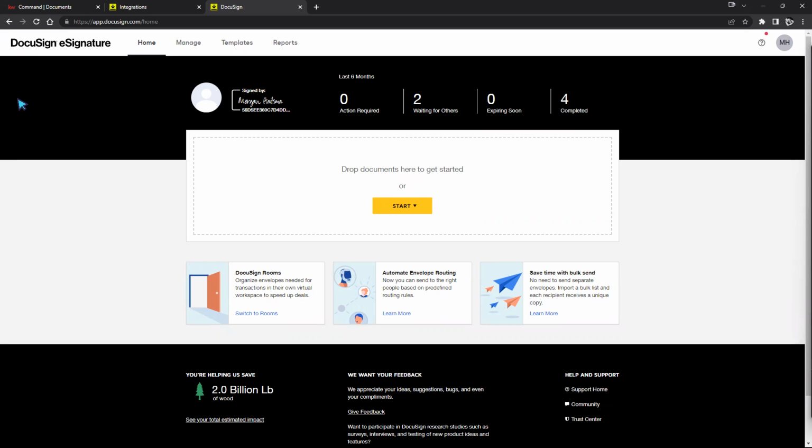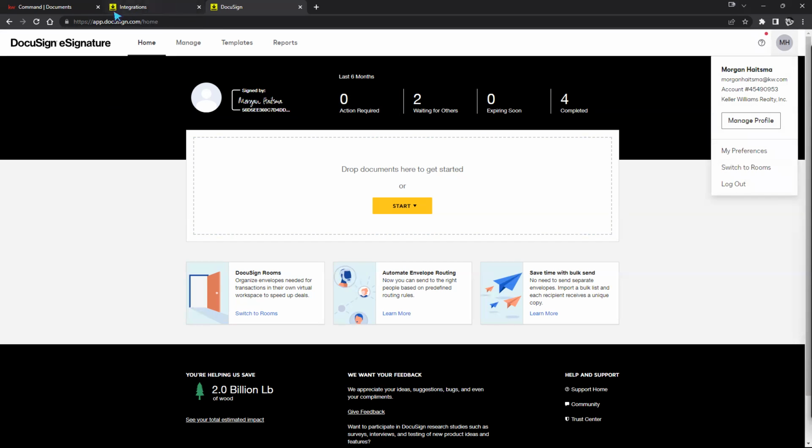If this is light blue, if this is dark blue, chances are you're inside of the incorrect account. If it says you have this many envelopes left, that may be a personal or a paid account. Last but not least, since I'm inside of the homepage, just Docusign.com, not entering through the opportunity,